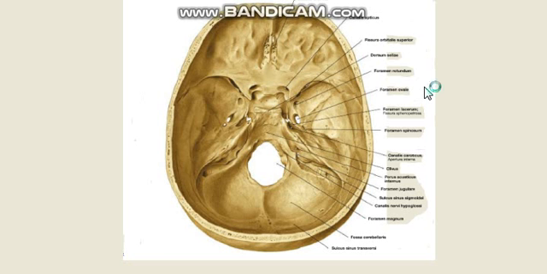Hello everyone. In this video we are going to study now the middle cranial fossa. In this diagram you can make out that this middle step of the base of the skull is the middle cranial fossa. That means the middle cranial fossa is formed partly by the body of the sphenoid, partly by the greater wing of the sphenoid on this side and this side, and this wedge over here is the petrous part of the temporal bone.